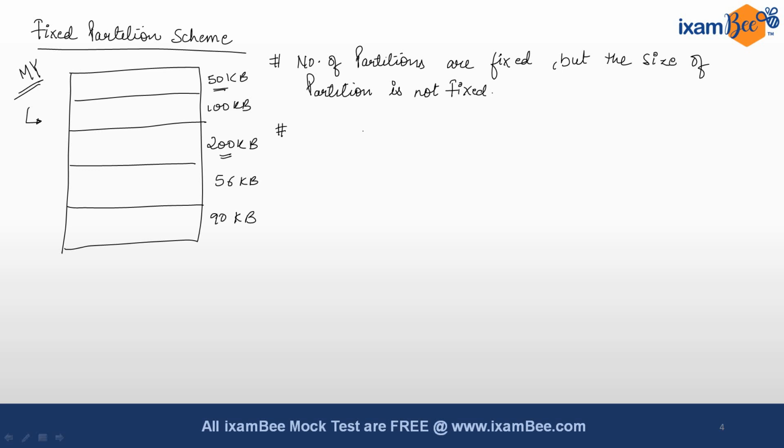And as I said earlier, here the number of processes is controlled by the number of partitions, and the maximum size of each process is satisfied by the size of the partition. So if you have 1, 2, 3, 4, 5 slots here, 5 processes can be controlled here, and every particular process will get the memory as per the requirement only. So in a fixed partition scheme, the number of partitions is fixed in memory. The partitions are fixed but not the size of the partition. Then what next we have, the maximum number of processes is restricted by the maximum size of the partition.